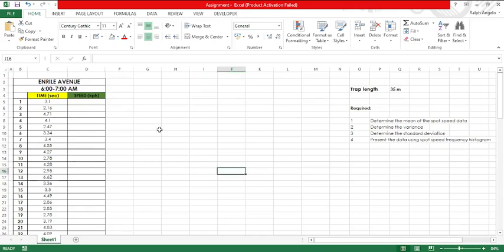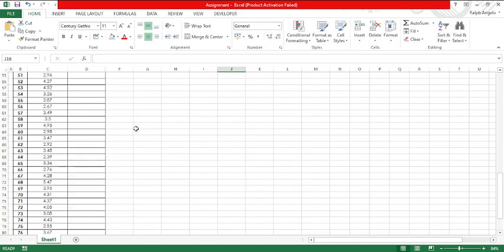Hi, in today's discussion, I'd like to share with you how to analyze our data collected through spot speed study through the use of Excel. So far, during our face-to-face class, I have already taught you how to analyze our data manually through the use of your calculator. In our example today, we have